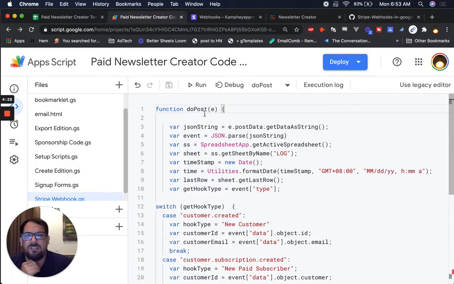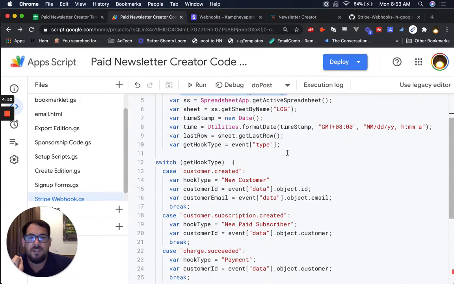And now let's start. So to create a webhook in Stripe, we need a link. We need a URL to send that data to. And in order to do that, we have to create a web app, and we need to deploy our code as a web app. Well, to deploy our code, we need to have this function doPost. And this creates an event, this e. What that does is it grabs the JSON and creates it as an event. It then